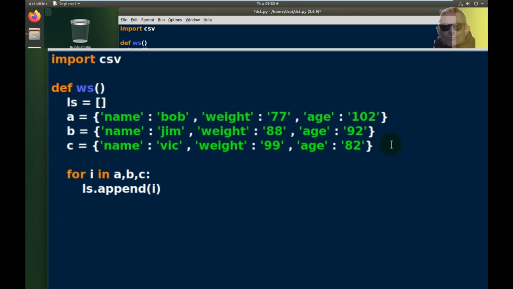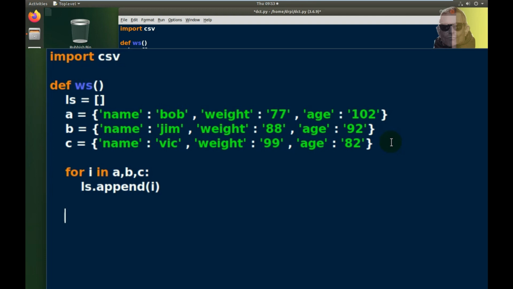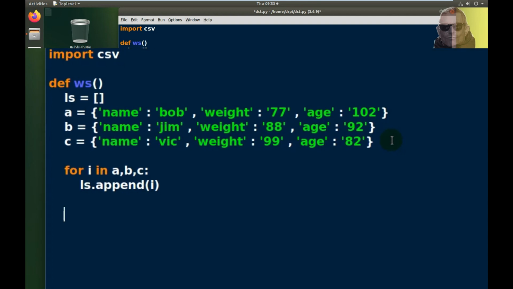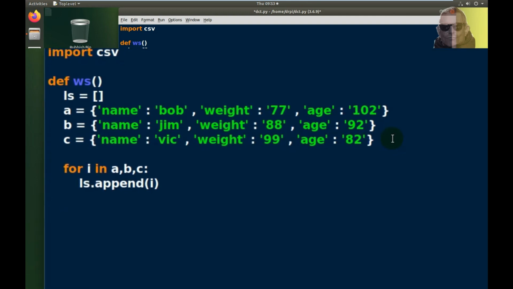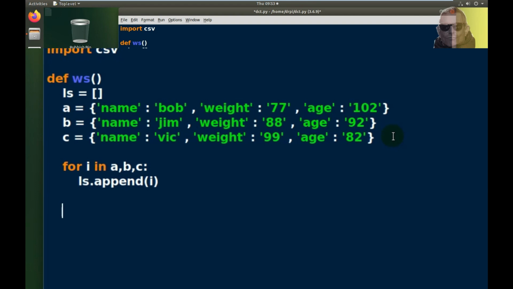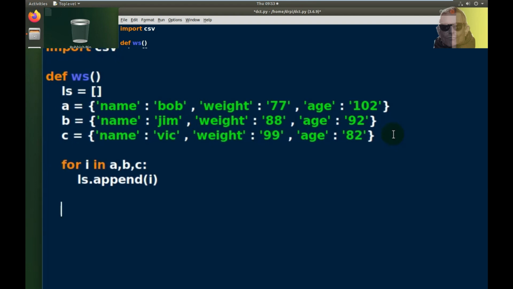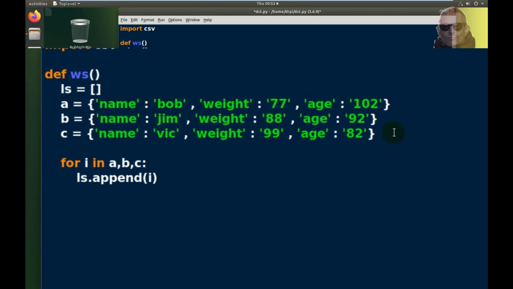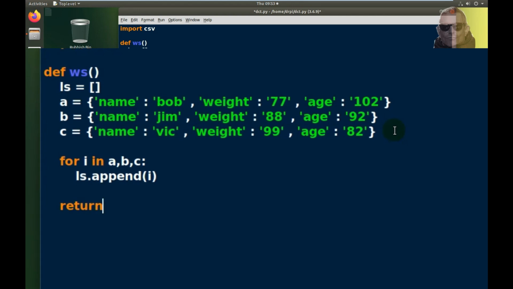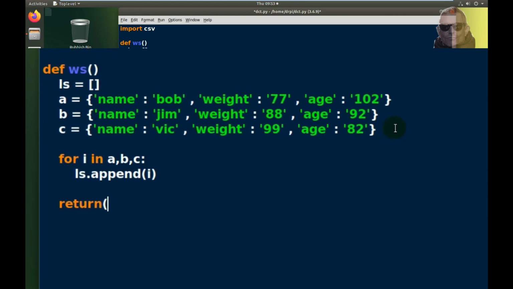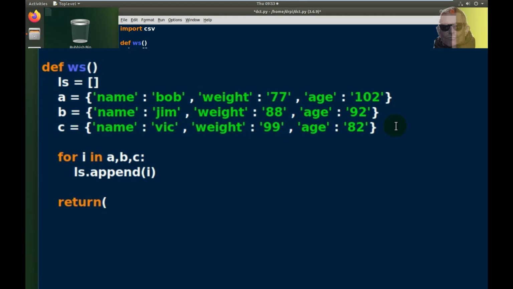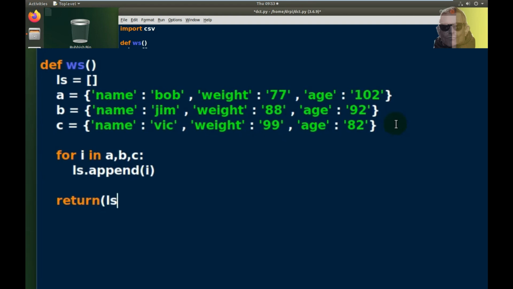So I'm going to start with an empty list, then I'm going to add A to it, and then add B to it, and then add C to it. So eventually I'll have a list with those 3 dictionaries in it. And then I just want to return my list,